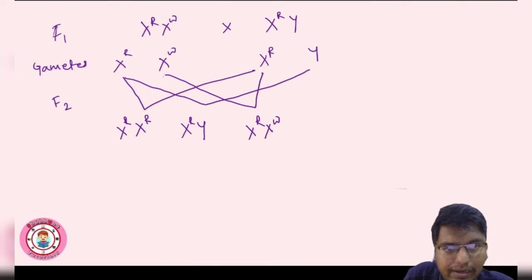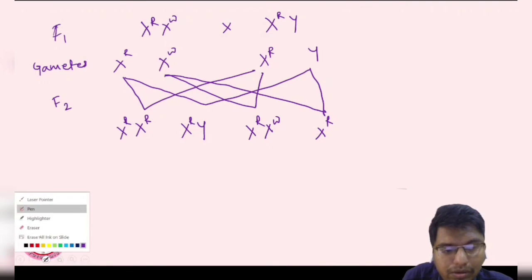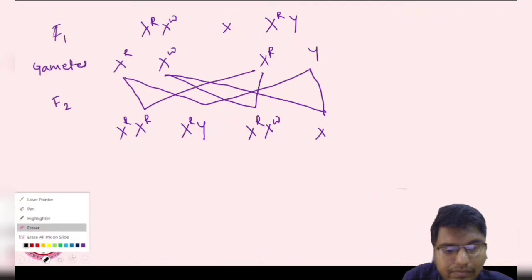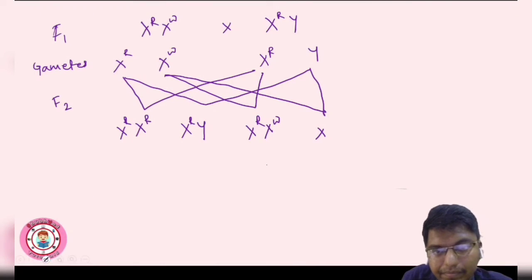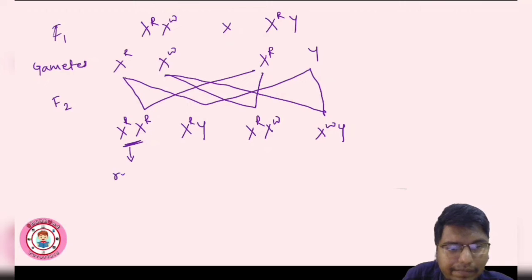Okay, then again XW with this one, XW, not R, W with Y, right? So what we can see here is that this female is wild type, red,